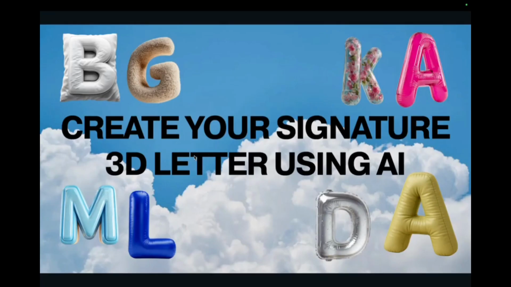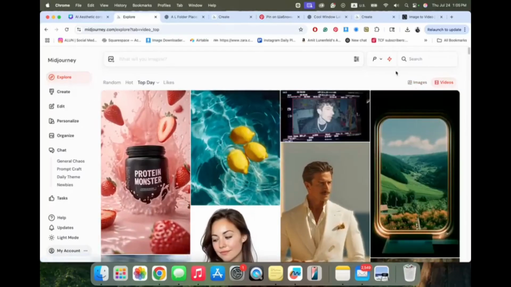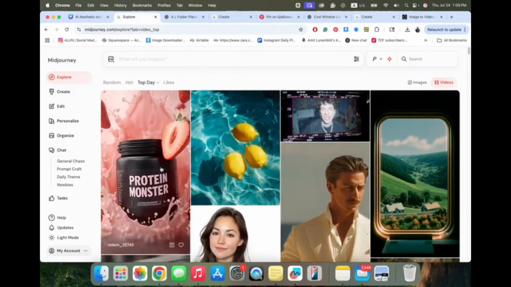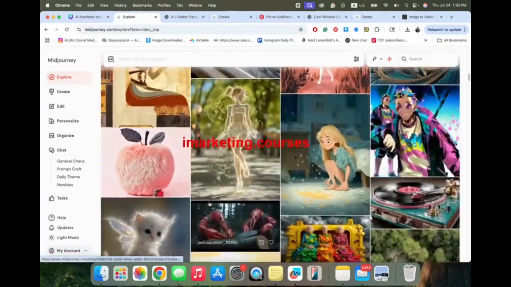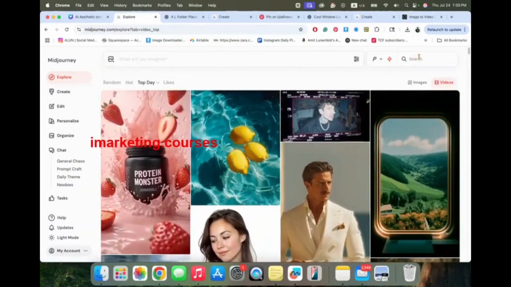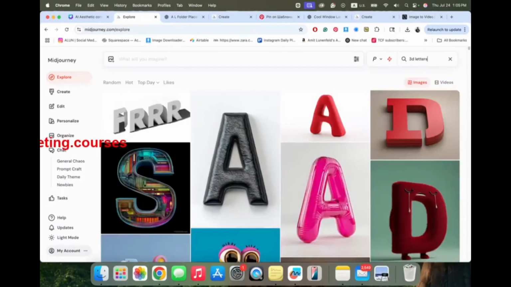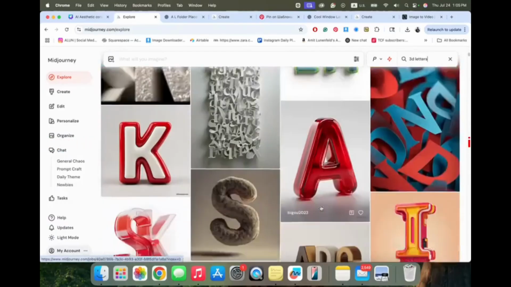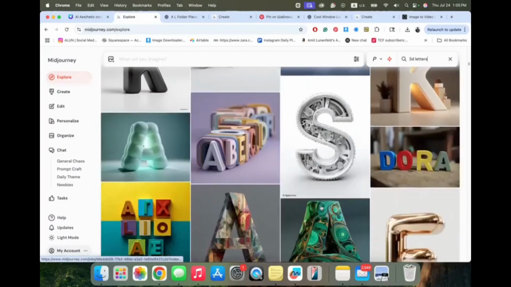Let me show you how we do it. We're going to go to Midjourney. I showed you before that you have the explore page where you can see what is trending, what people are creating, and recreate it with their prompt. So we're going to go the same way for the 3D letters. Here you can see letters that were created with specific prompts.